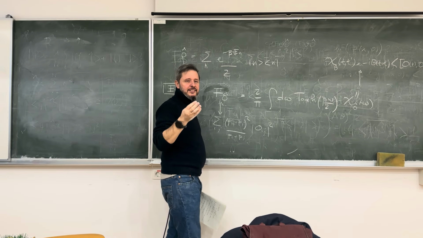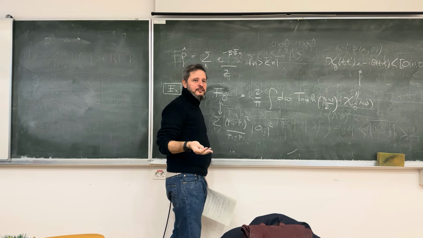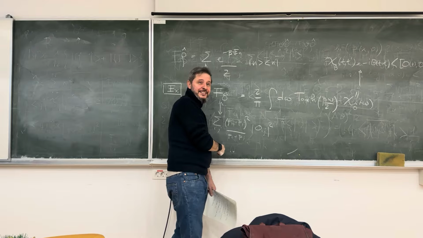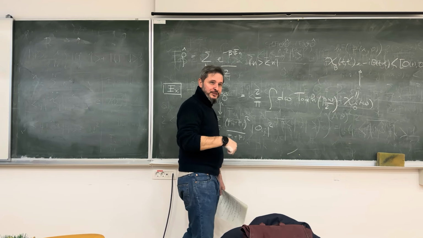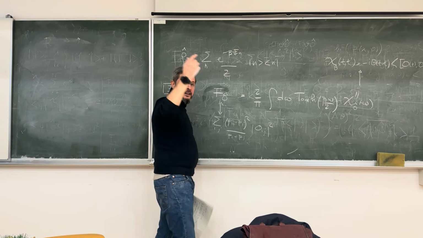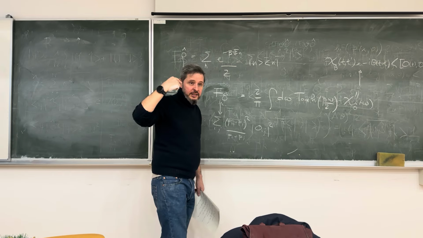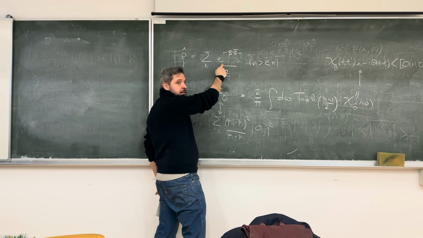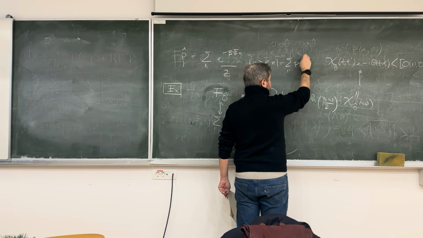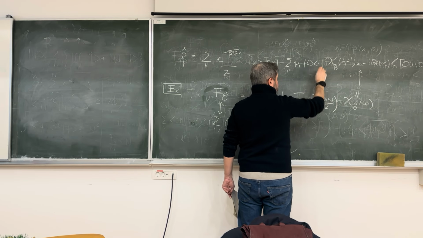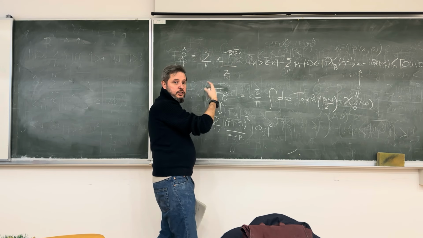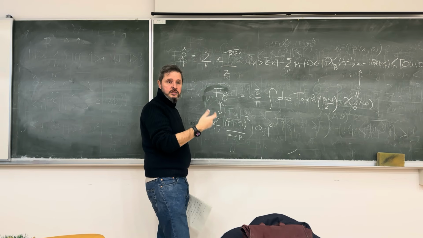I apologize. There are not enough letters in the alphabet. So sometimes I have two different types of information for the same letter. It's complicated. So this P is not the Fisher probability distribution. This P is the sum over i of p_i. Okay? So these P's are the coefficients of the diagonal representation of the density matrix.